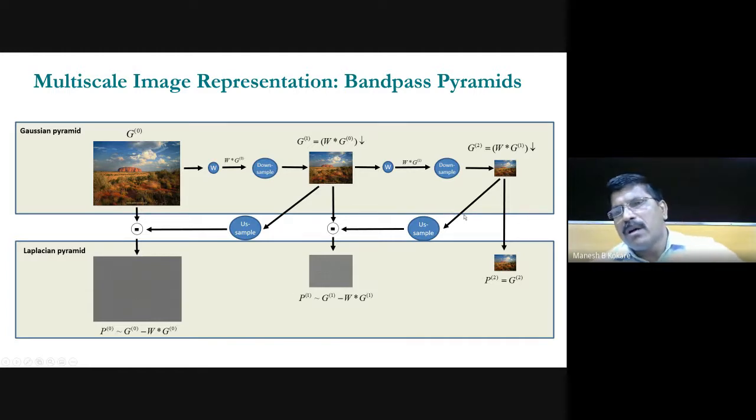So this process is repeated. How long? You can go up to 1 by 1 and so on. This multi-scale representation, the bandpass pyramid, is also used for edge detection, with the Gaussian and Laplacian pyramids separately. The Gaussian pyramid gives you the low pass filter component, and the Laplacian pyramid gives you the high pass filter component. How is the high pass obtained? Just by taking the difference between the original and the low pass: original minus low pass gives you the high pass, and so on. The high pass spatial frequency component is nothing but the edges, so you get edge detection with that.